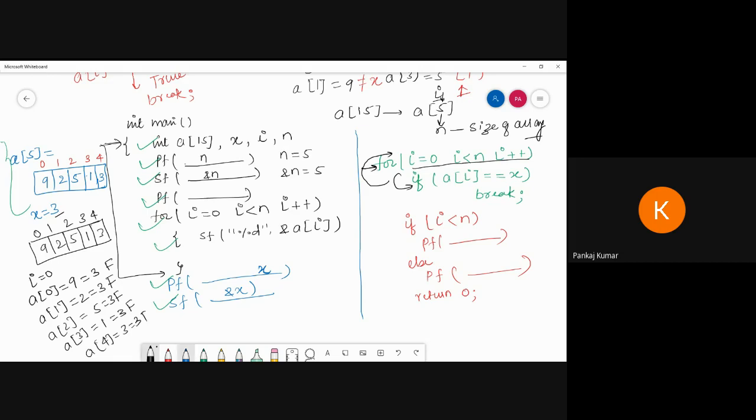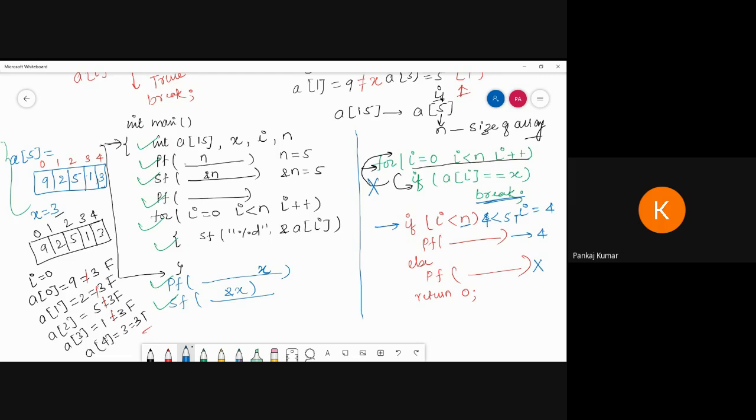That means true. So these all are false, and now this will be true. So automatically this line will break. It will not go back and come here. Now what is the value of I? The value is 4. And what is the n value? 5. So 4 is less than 5. This means true, so it will print 4 here.